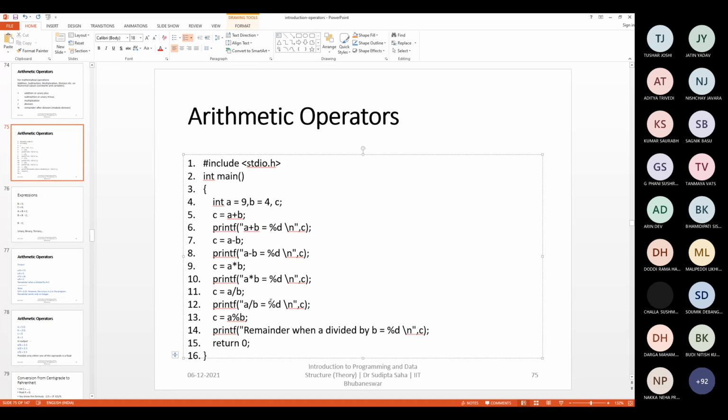But what will happen here? The problem is that we are providing much more space than necessary. So what should be done?